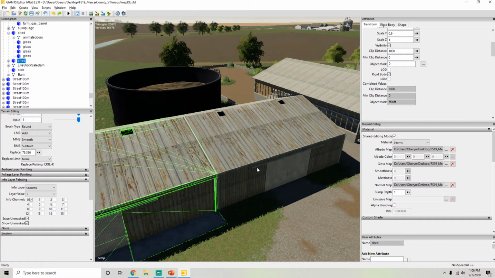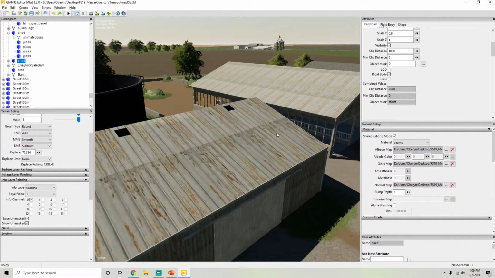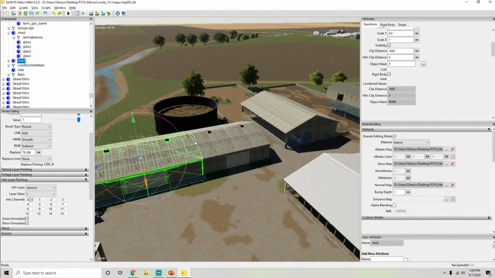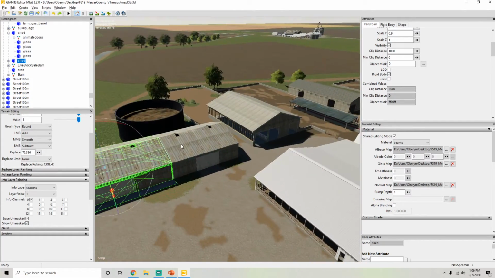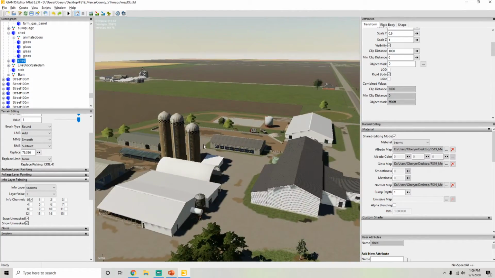It won't have that sheet metal look to it. Explore around with that. I know that's super confusing. Once we get to actually putting barns in our maps and making them the right texture color, I'm going to show you how to do all that. It's hard to find an example off the spot here. It's not a very good example, but